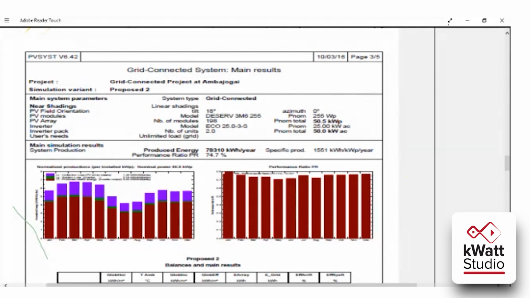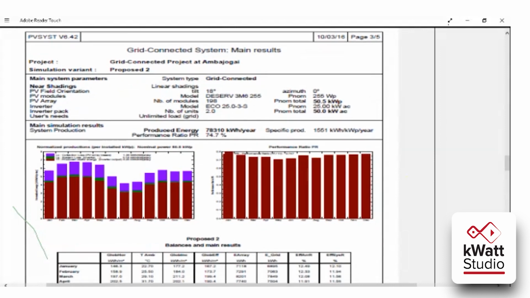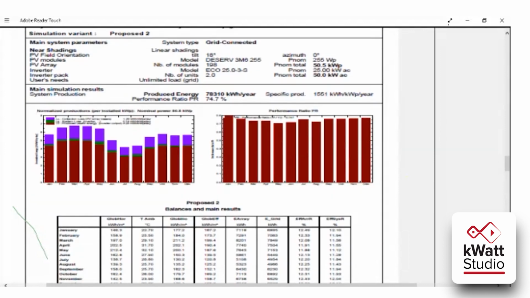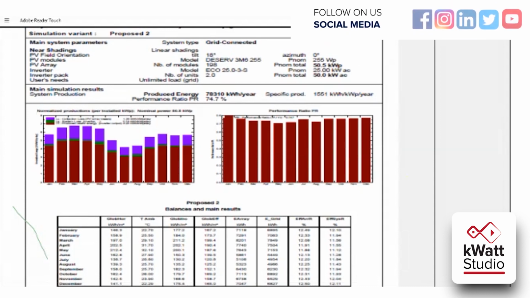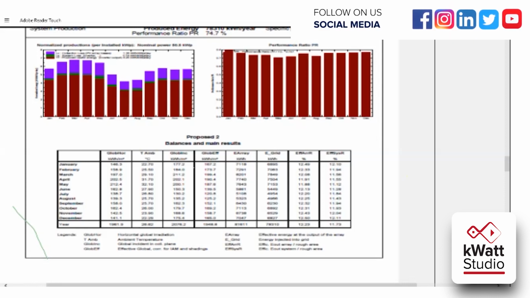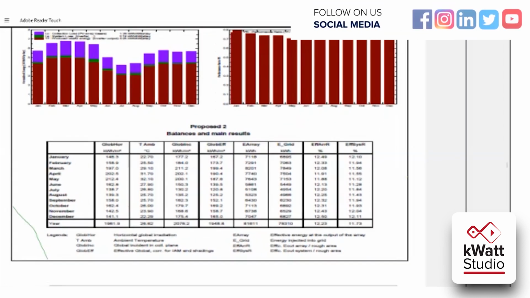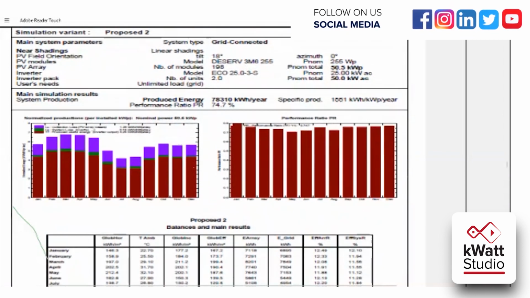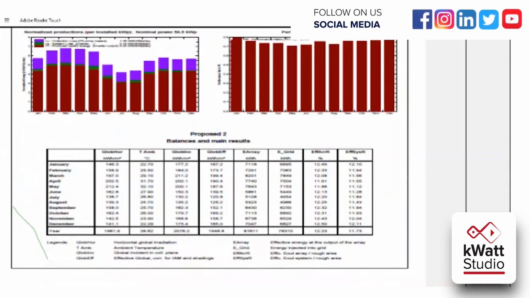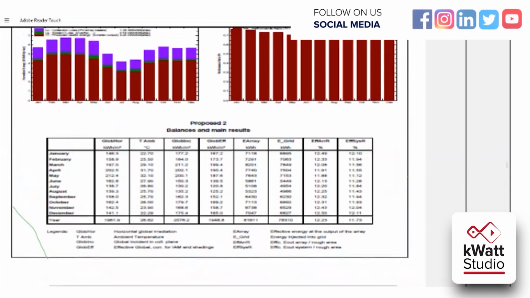So this performance ratio is nothing but a very important figure that you will get from PVSys report. Again, all the details are given over here. Total GHI, DNI, DHI, what total amount of sunlight received, amount of sunlight converted into electricity, amount of electricity lost. All these details will be mentioned over here based on the location. All these calculations will be done by PVSys only. So this is very good data that you can put in your DPR.